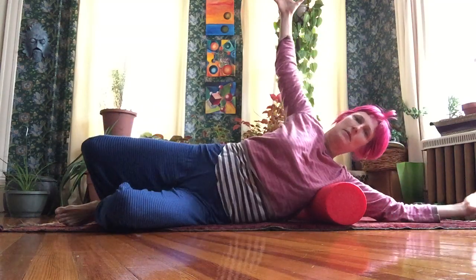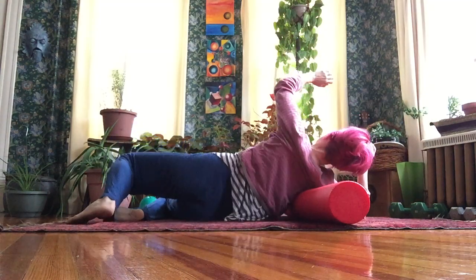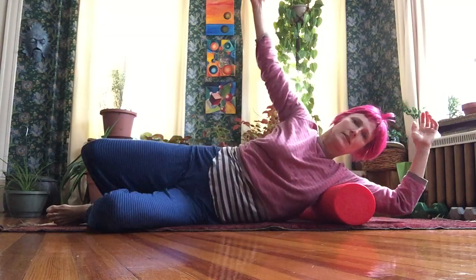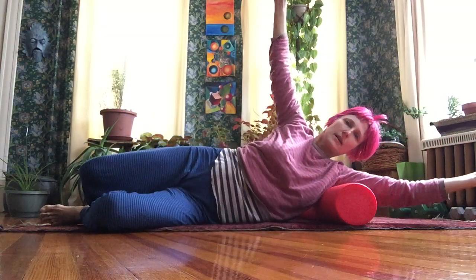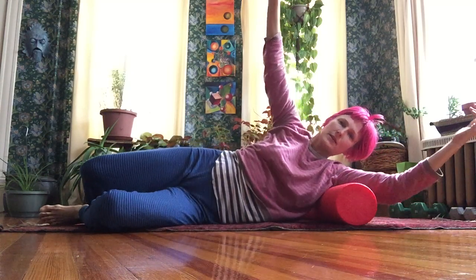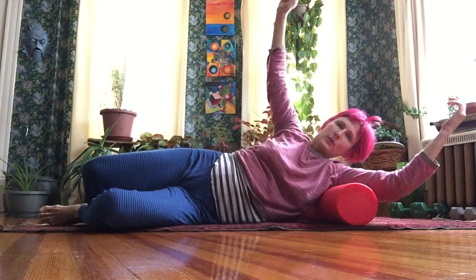And it's the same with Emilie Conrad's Continuum or Bonnie Bainbridge Cohen, the people that honor the interior and listening to what's happening inside the body. So now I'm getting under, I haven't even gotten to that lower back part, although this is all helping. I'm moving through this